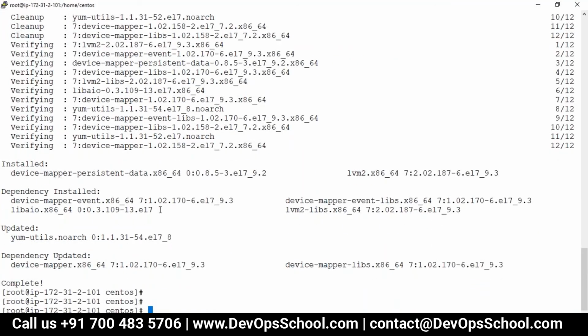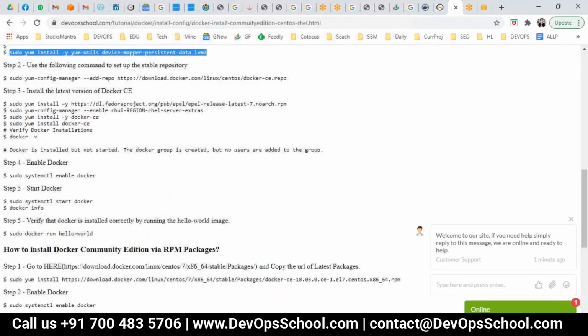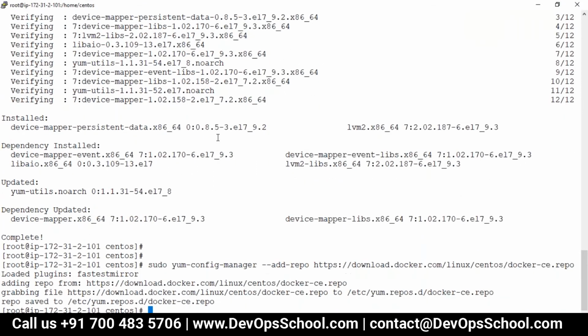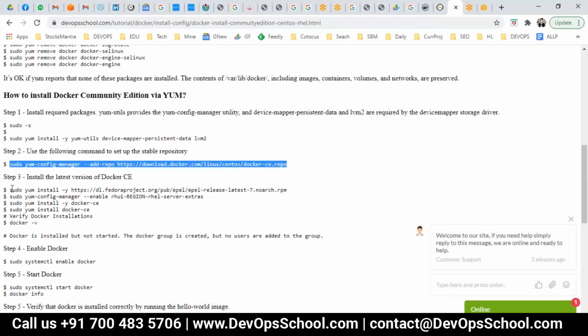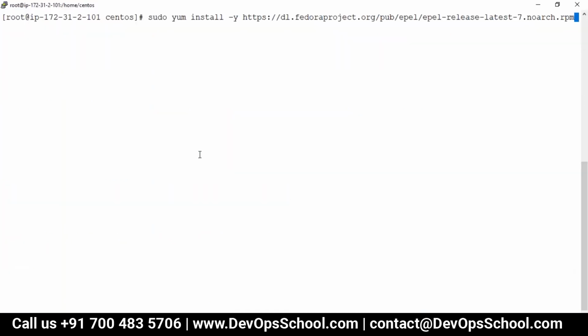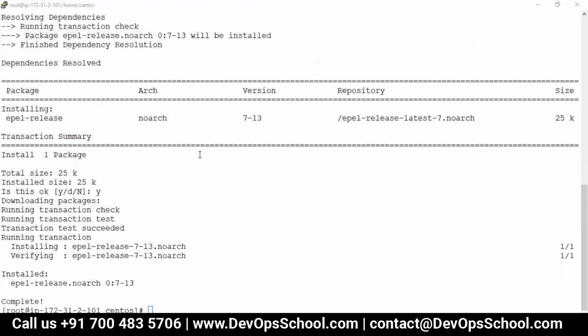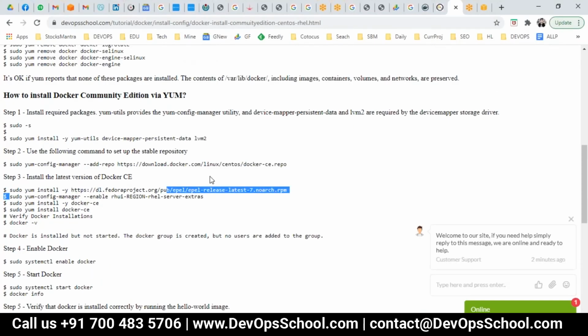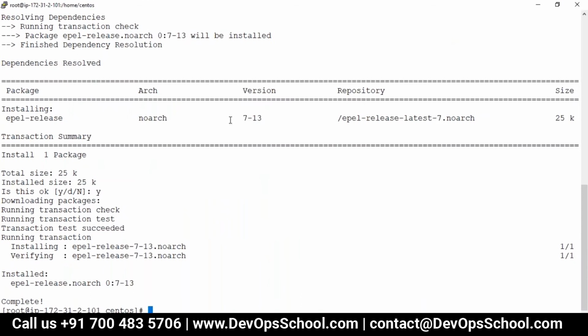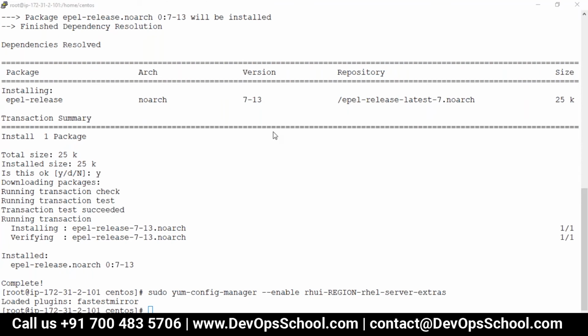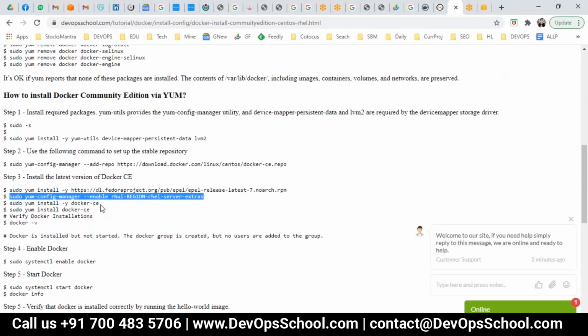So this command will install the Docker Community Edition.